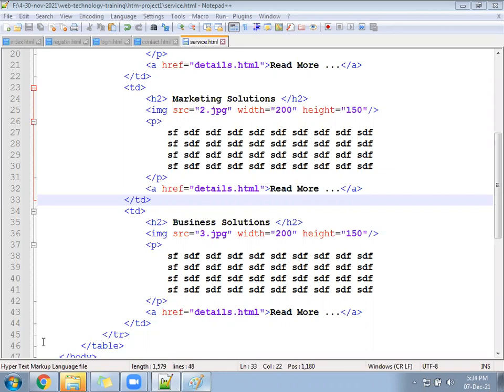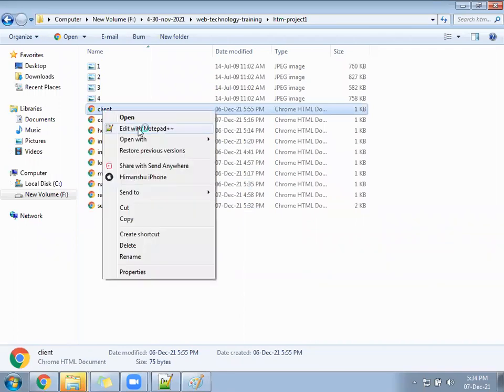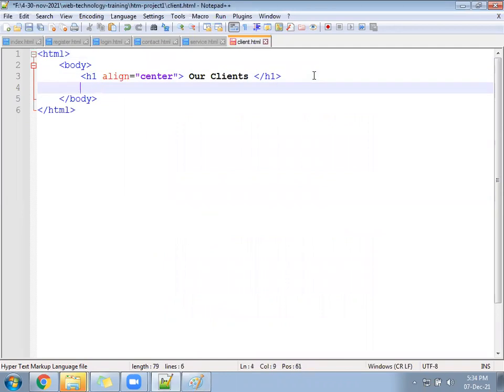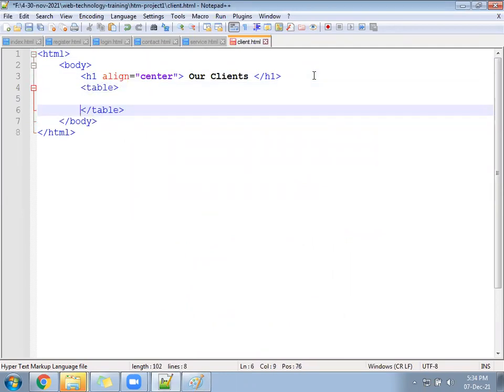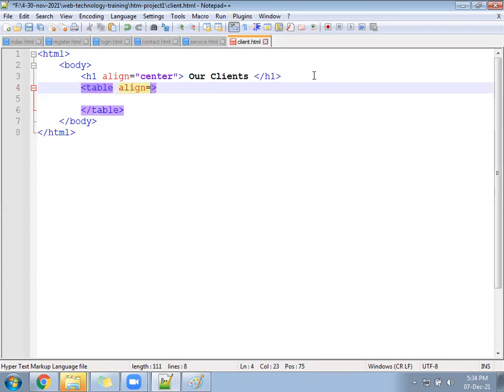Open the client.html file. We will use the table tag here with the T head, T body, and T foot. Table align center, cell padding, change somewhere.